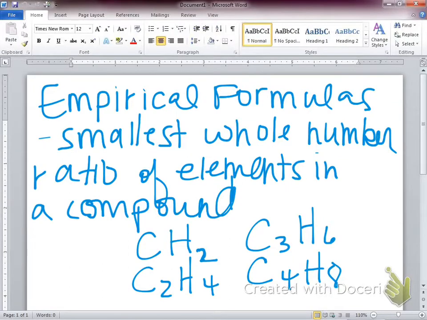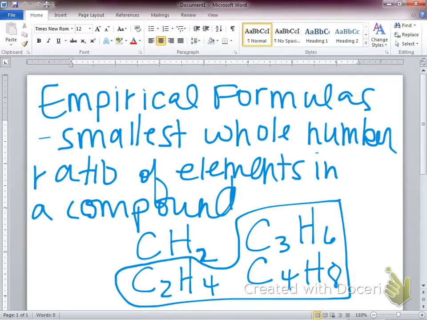So when we're talking about empirical formulas, we mean the smallest whole number ratio of elements in a compound. Each of these has a ratio of twice as many hydrogen atoms as carbon atoms, right? Do we see that relationship? This has twice as many hydrogen atoms as it has carbon atoms. So all of these three right here